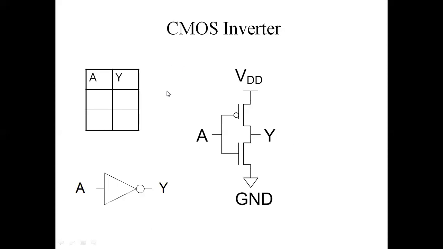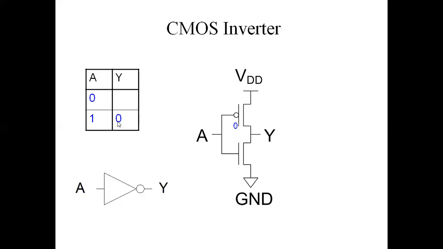So in this way we will see the example first of all. Let us consider the input is equal to 1. A is the input to the inverter. As the input is 1, what happens here? Which MOSFET is on? As the input is 1 here, the NMOS becomes on and the PMOS becomes off. So PMOS acts as an open switch and this acts as a closed switch. So here the ground level is connected to the Y, means output is equal to 0. So for the input 1, the output of the circuit is equal to 0.